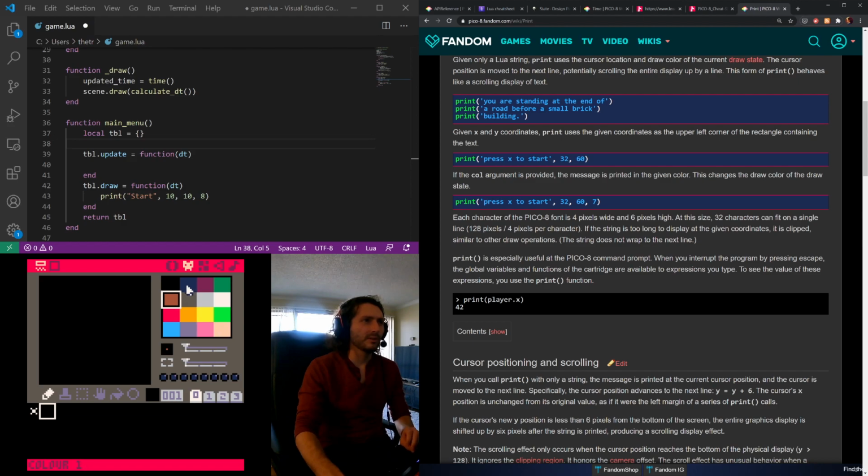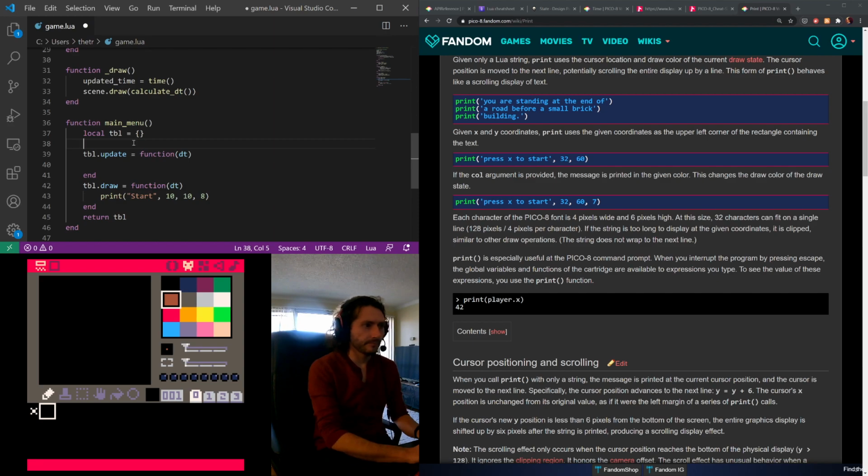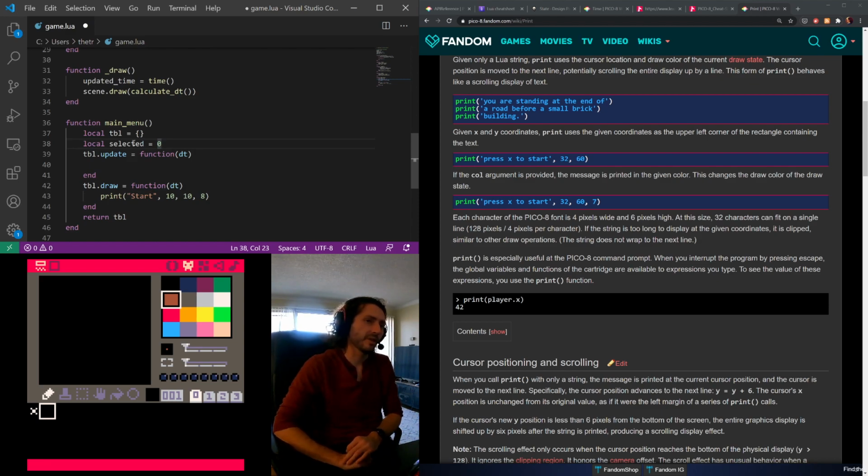Just trying to think what would look weird. Selected. So this is going to be like the menu option, because maybe there's going to be multiple menu options. Though really, I think it's just going to be one. Anyway, it's going to be a number. We're going to have an enumerated list of options. There'll be start,